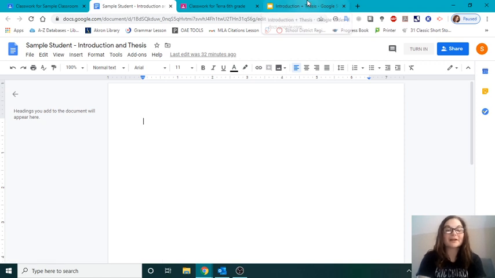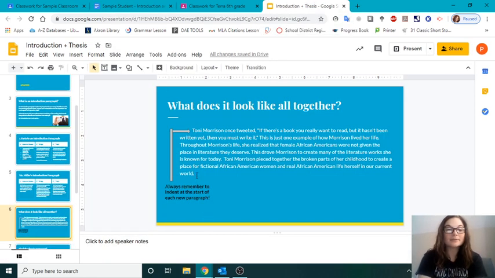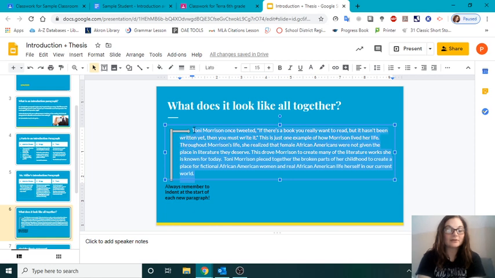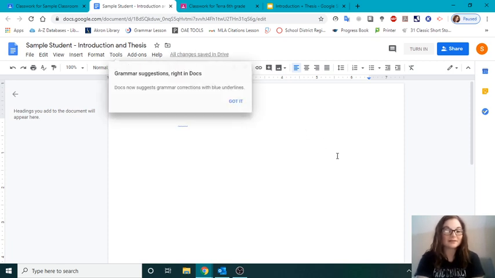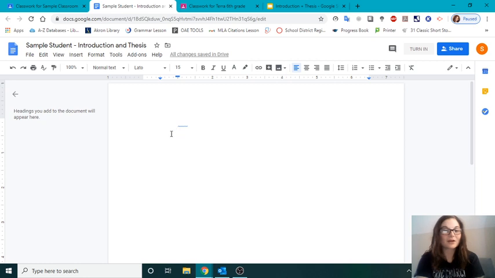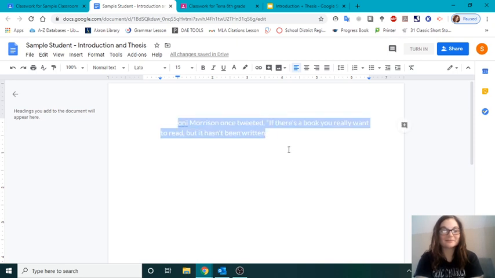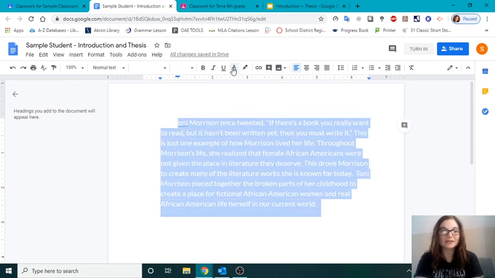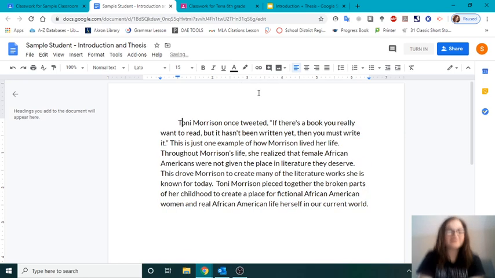Okay. This is where I want you guys to turn in your final thesis statement. So I'm going to cheat because I already wrote mine. And I'm going to copy it. And I'm just going to paste it. Oh, I think it pasted in white. Yeah, I don't want it to be pasted in white. Let's fix that really quick. We will make it black. And then this, I missed a letter.